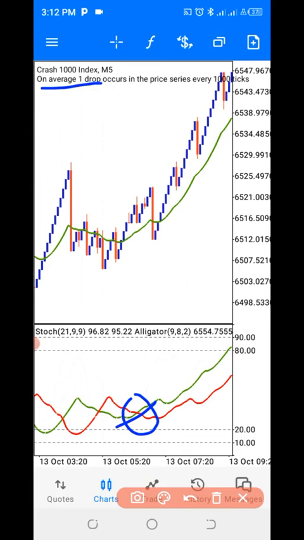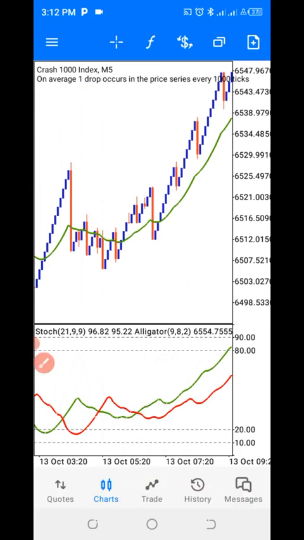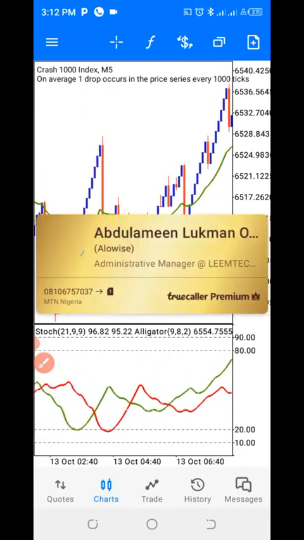So once it crosses the red moving average upward like this,